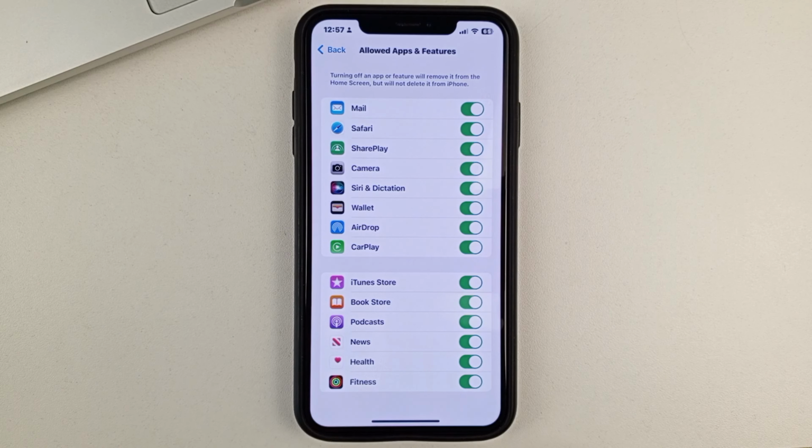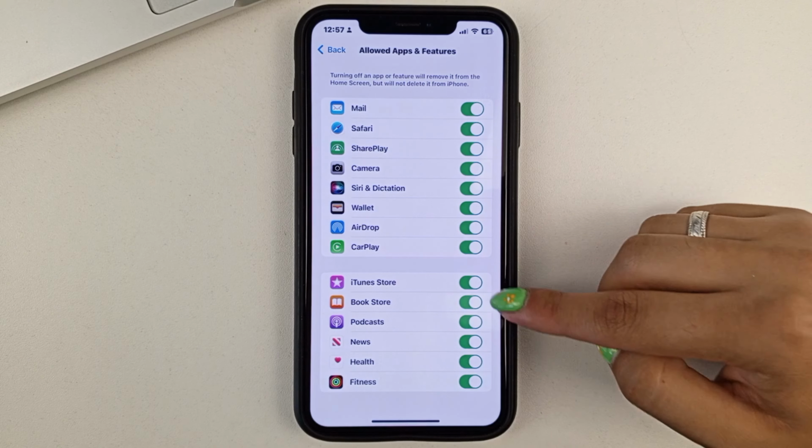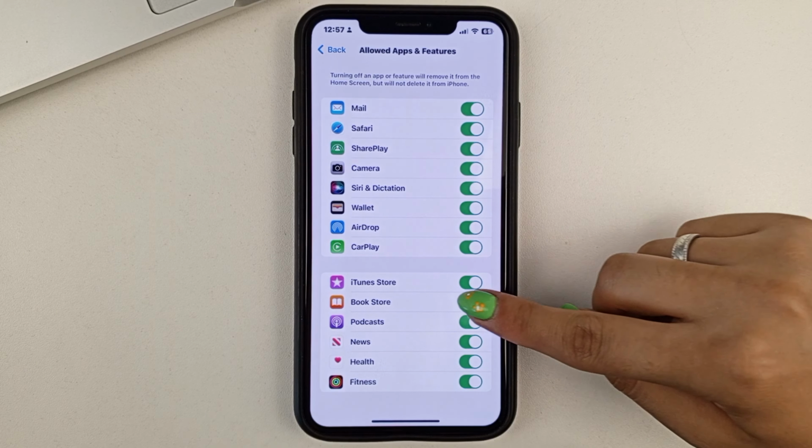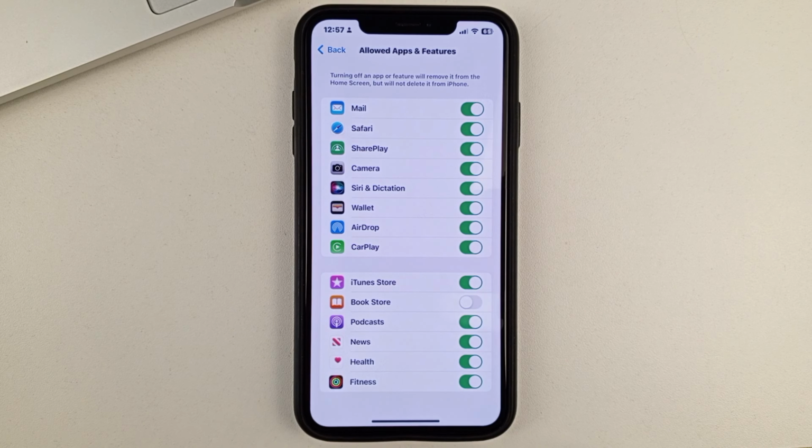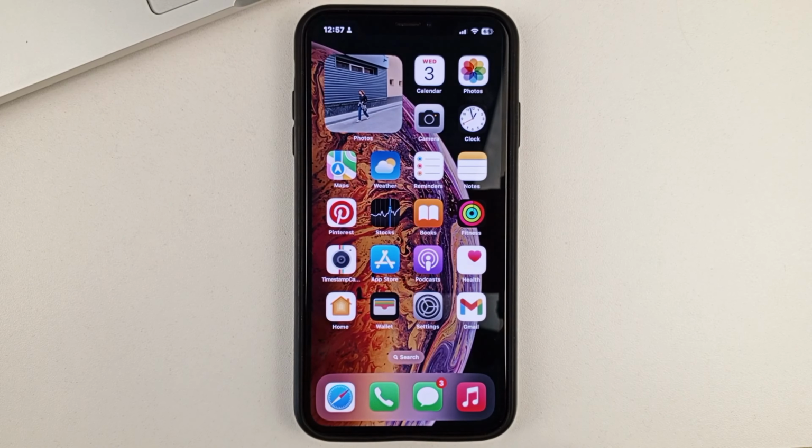Here you can easily find the Book app. And to disable it, you just need to click on the button next to the app name. If you have a password on your phone, please enter it. After that, if you go back to the working screen of iPhone, you will be able to see how this application in a few seconds will be disabled or removed from the working screen.